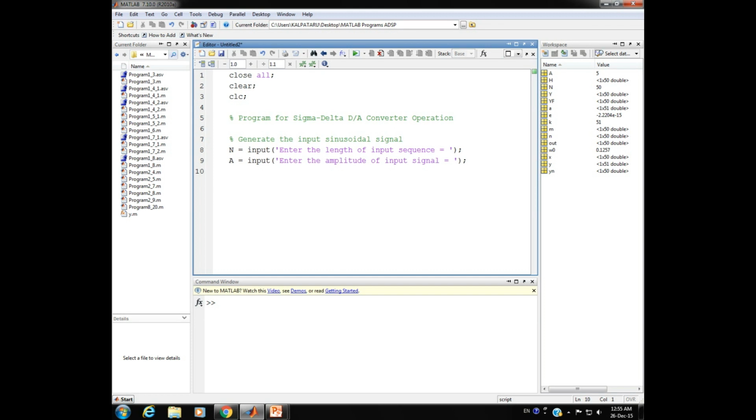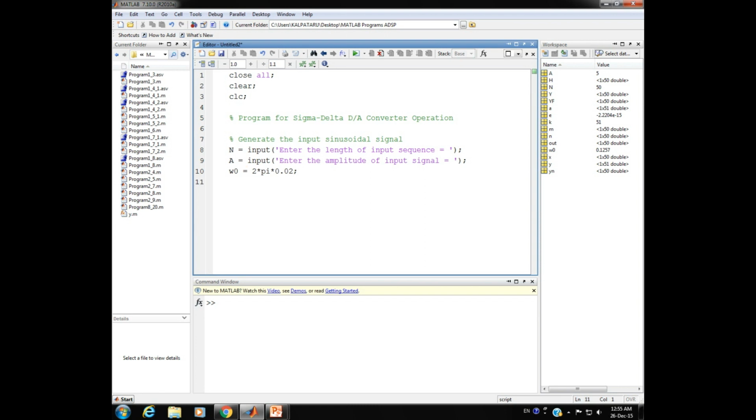After getting these two pieces of information, the length of the signal and the amplitude level, we require the frequency component to be developed. So let us first of all define the angular frequency component denoted by W0. Angular frequency is equal to 2 pi f, the frequency component. So here we have to multiply the constant pi, further multiplied by, let us select the frequency value this time, 0.02, ending with the help of a semicolon.